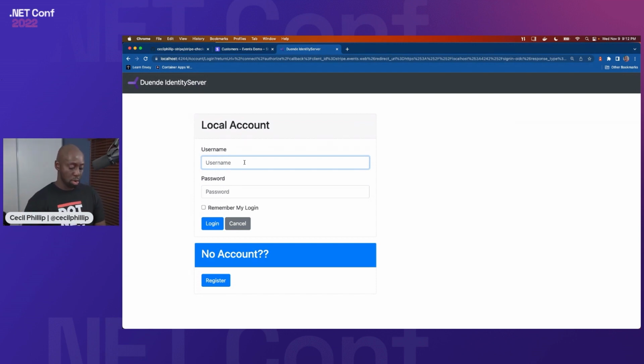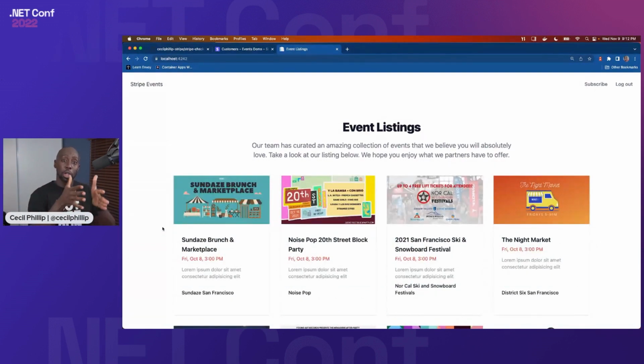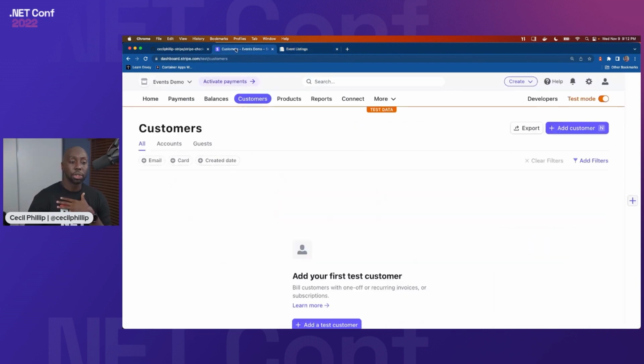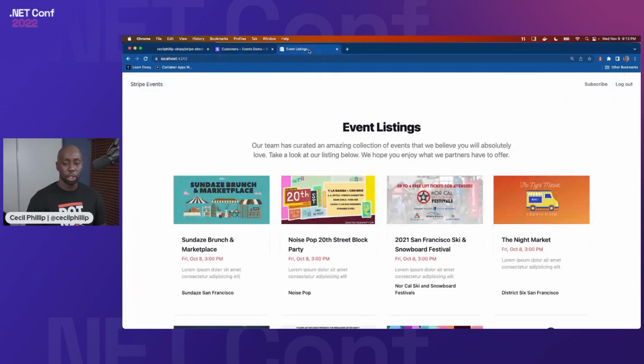But now, not only will it do that, it's going to go ahead and create a customer inside of Stripe for me. So now I have a connection between the user in my database and the user that's in Stripe, right? So if I head back over to customers and refresh this page super quick, I should have a customer in here. And the customer should be Celso Philip and Celso at yahoo.com. We just created that just now. So again, my user of my application and my customer have now been connected, and we'll see the code that enables that in a second.